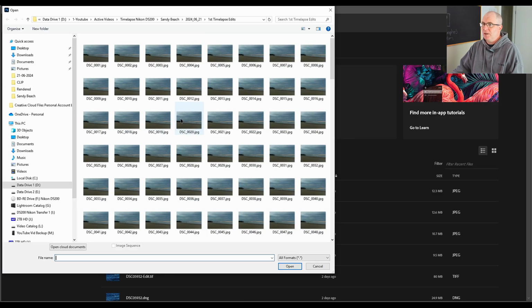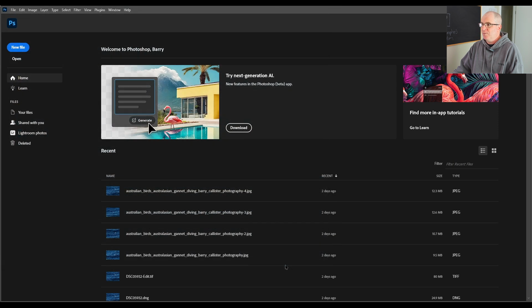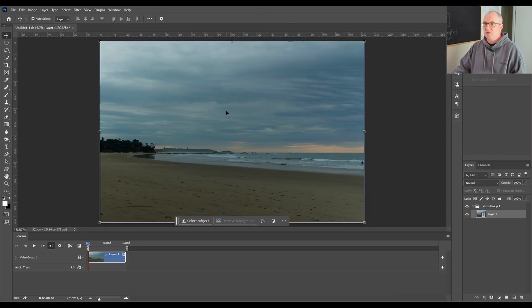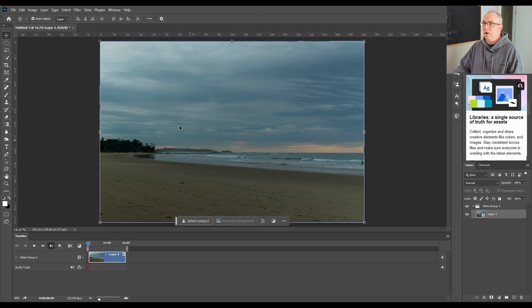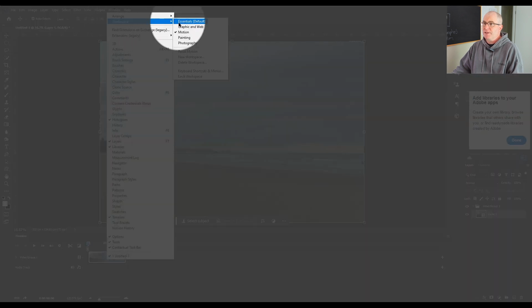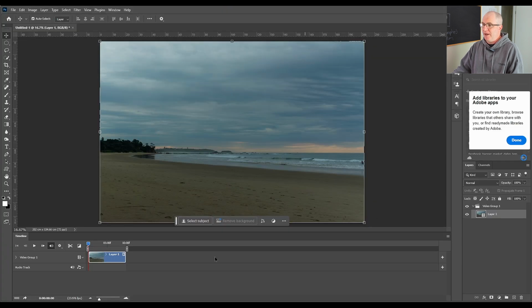We'll click open again, select the first image, check image sequence, open them. 23.976 is fine. Continue. And it should open this view in Lightroom. If it doesn't, you can go up to Window, come down where it says Workspace and to Motion and check Motion, and that will bring up this layout.